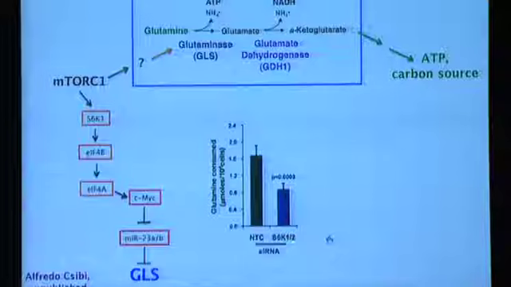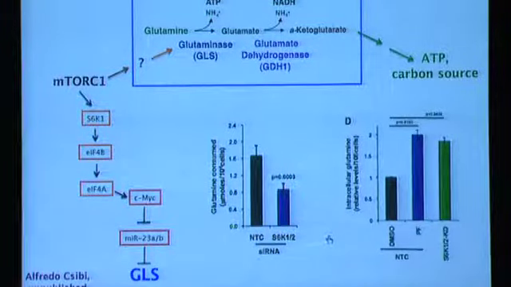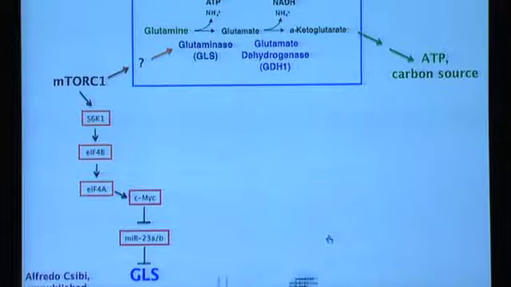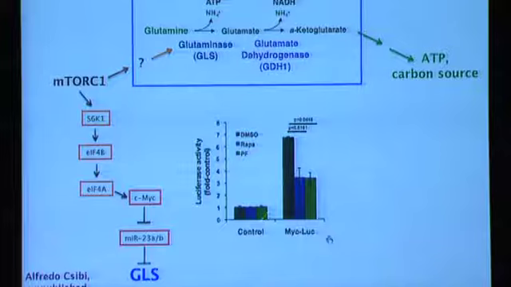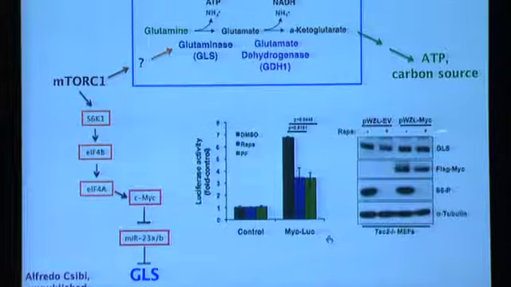So this just shows you that when we knock down S6 kinase 1 and 2, like when we inhibit TOR signaling, we see a decrease in glutamine consumption, and the intracellular glutamine levels go up, with the compound that inhibits S6 kinase and also with knockdown of S6 kinase 1 and 2. This shows a MYC reporter looking at transcription downstream, and we show that if you add mTOR inhibitors or S6 kinase inhibitors, you block MYC-dependent transcription. And this is an important experiment where we put in ectopically expressed c-MYC, and we show that rapamycin no longer affects GLS levels, shown here.